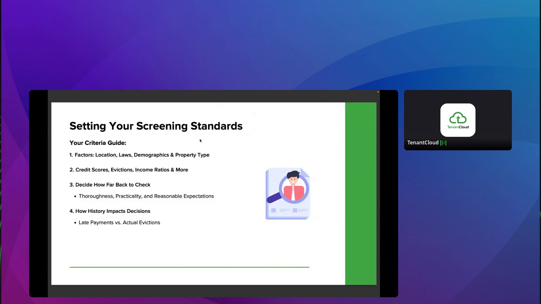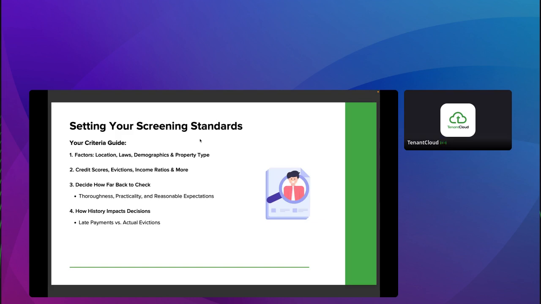One of the most important parts of the rental screening process is you must have a rental criteria guide. A rental criteria guide essentially details and gives transparency to why someone would be approved or declined. Without a rental criteria, you are largely depending on your own opinion, and you are depending on a